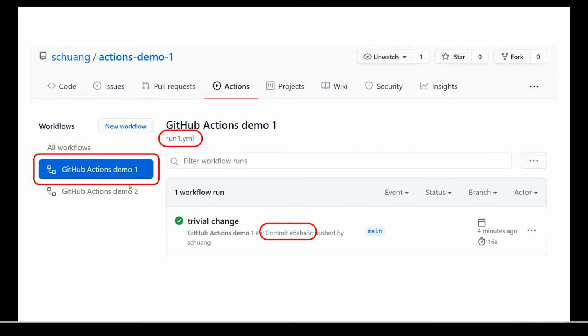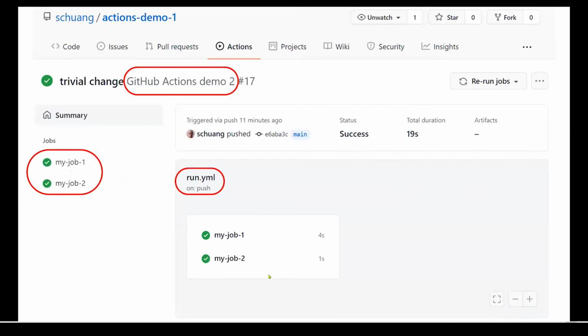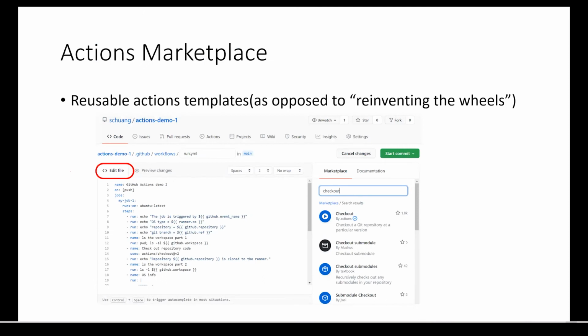So like I said, 2 jobs, right? You click on each one, it will show you which file this job refers to, and then you can check the output. And this is for job number 2, and it points to a different YAML file, and depending on which commit it runs, you can check the logs, right? Since we have already talked about this, I'm going to skip all of these